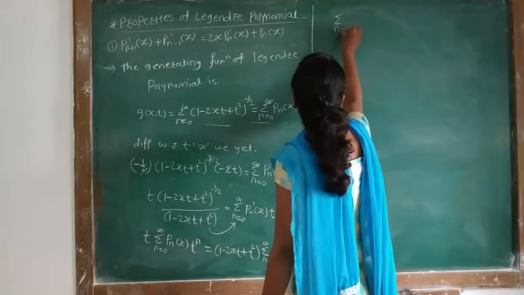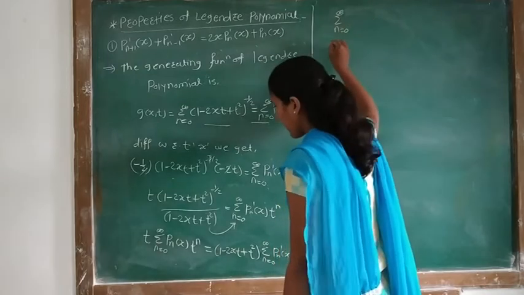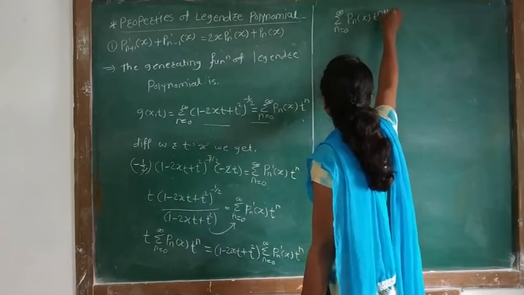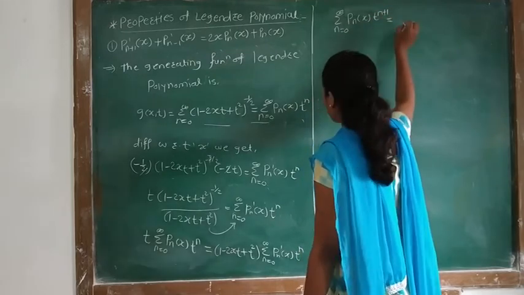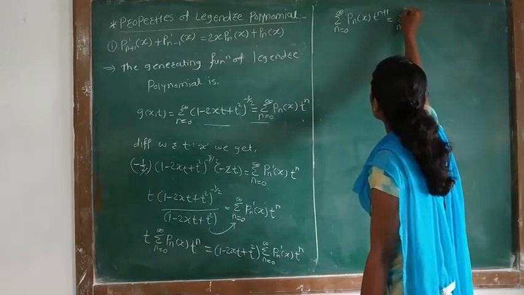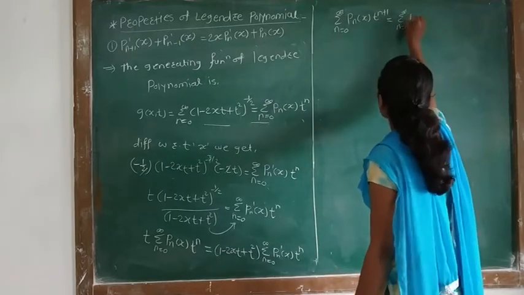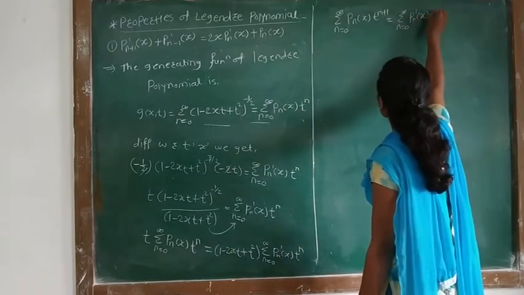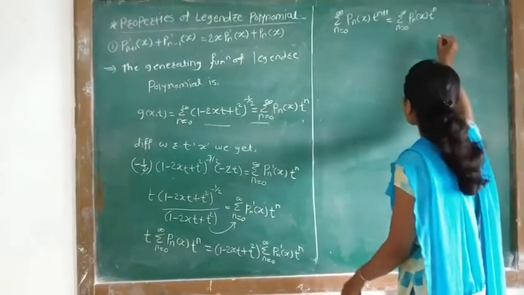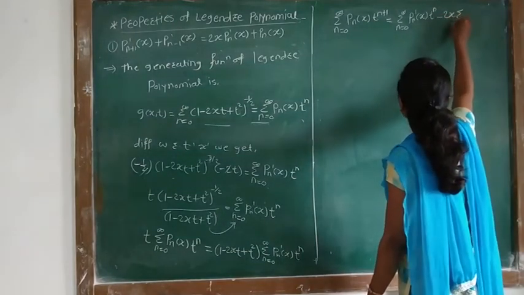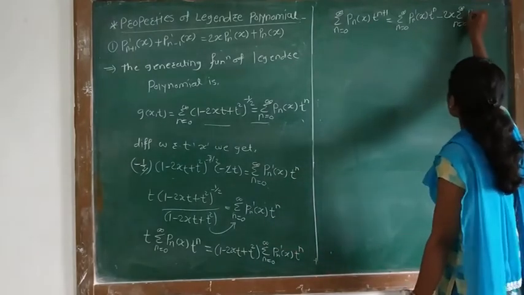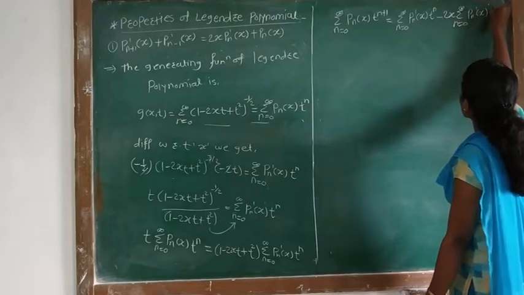Summation over n is equal to 0 to infinity Pn of x into t raised to n plus 1 is equal to summation over n is equal to 0 to infinity Pn dash of x t raised to n minus 2x into summation over n is equal to 0 to infinity Pn dash of x t raised to n plus 1